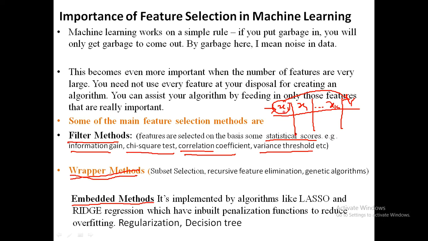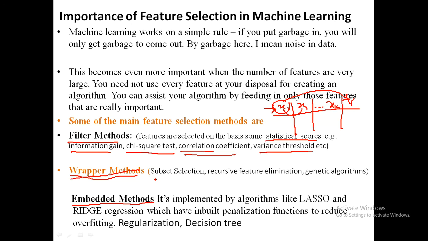Moreover, you may compute the pairwise correlation. If a pair of features has very high correlation, it means they are collinear and share much redundant data. In that case, one of those features may be discarded, whichever has the smaller correlation with y. So this way you can reduce the number of features from the analysis.